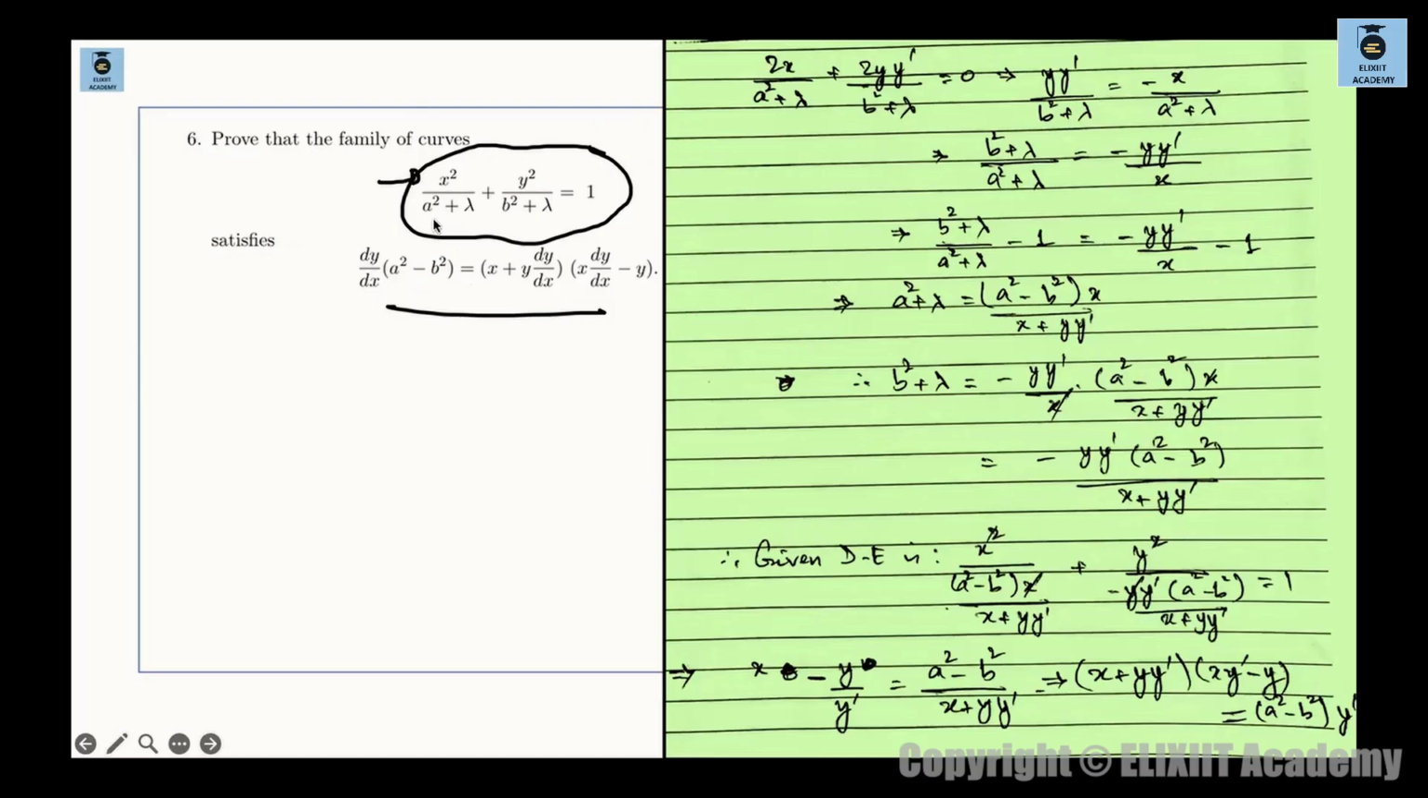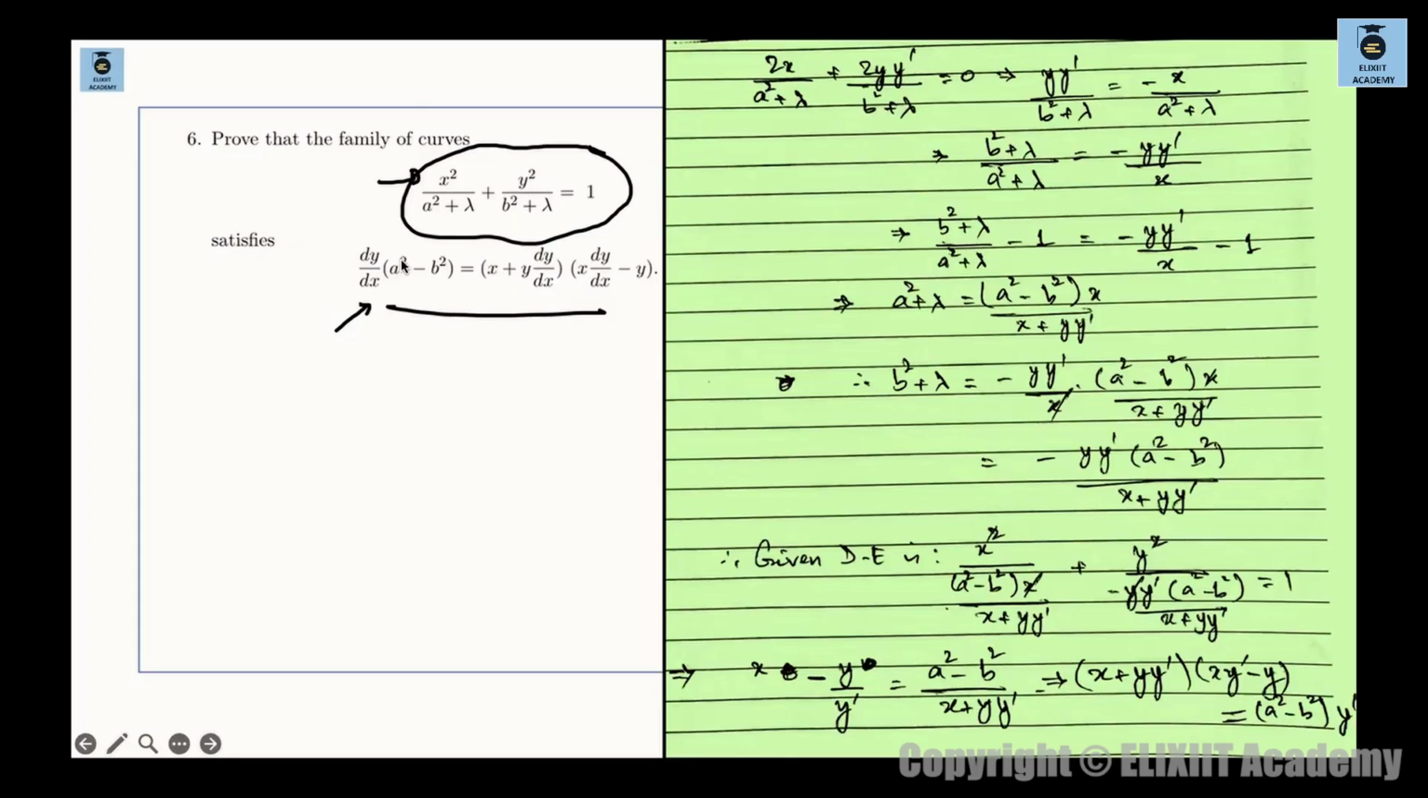Lambda is basically a parameter. How do we know that a square and b square are fixed constants? Because a square and b square are given in the differential equation they have asked to prove. Whatever they have asked to prove, lambda is not there. So lambda is the parameter present over there, and whatever parameters or arbitrary constants are there, you need to eliminate them anyhow,